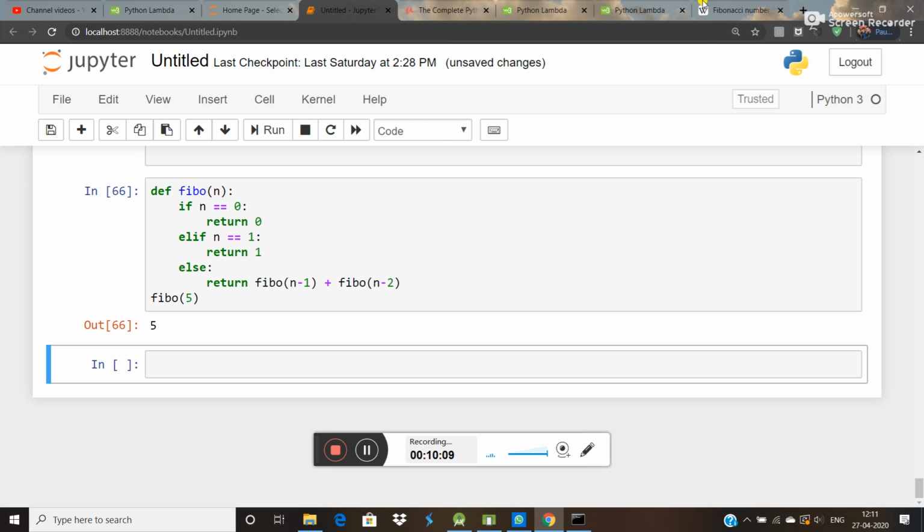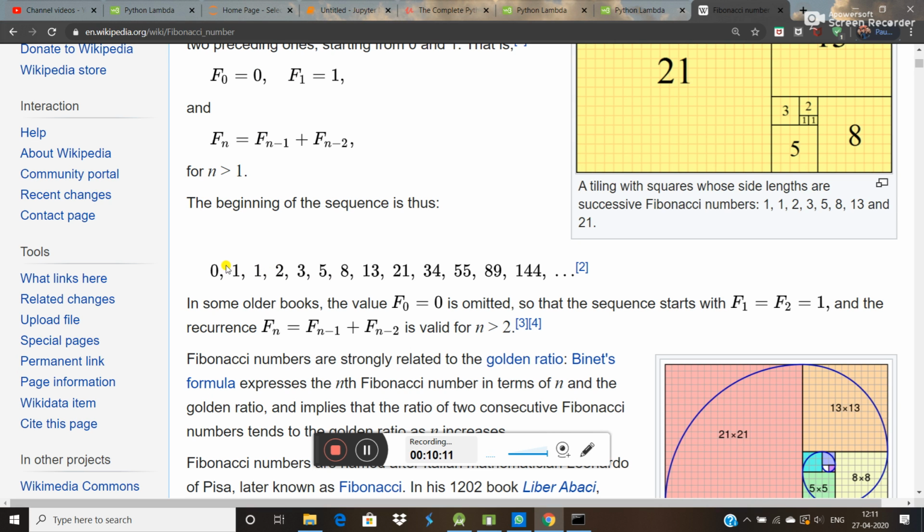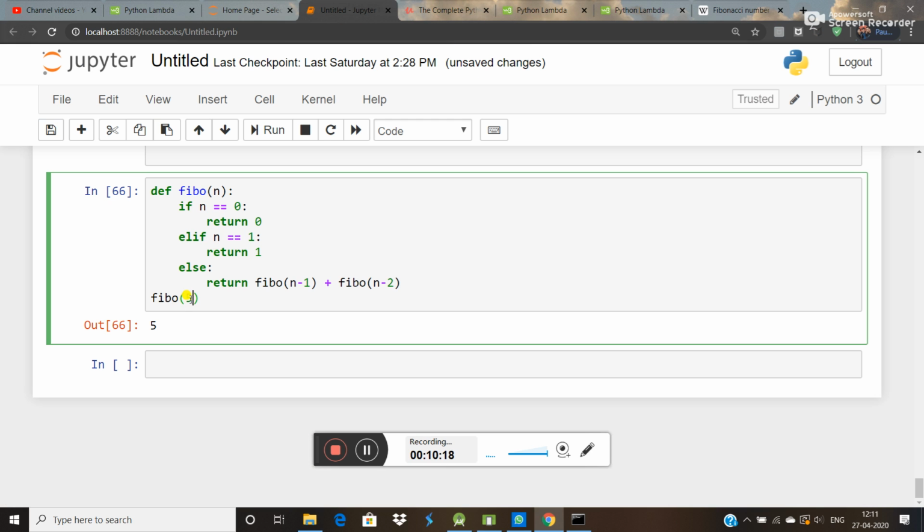Yeah, 5. Now if you want to know, then 0 1 2 3 4, this is the fifth value, and the sixth value is 8. Now let's see what the value of fib of 6 is. Yeah, it is 8. So like that you can find all the values. And basically the Fibonacci sequence is the sum of the previous two numbers.